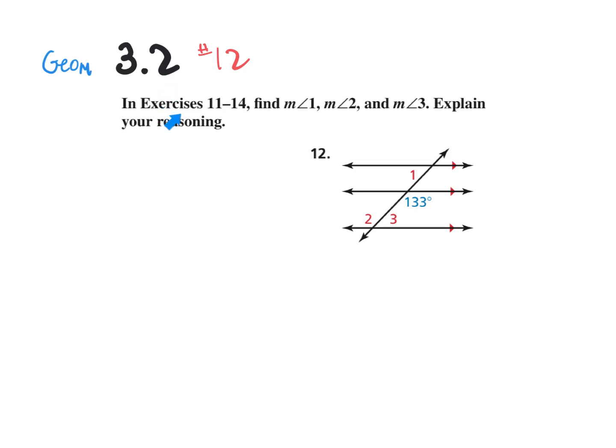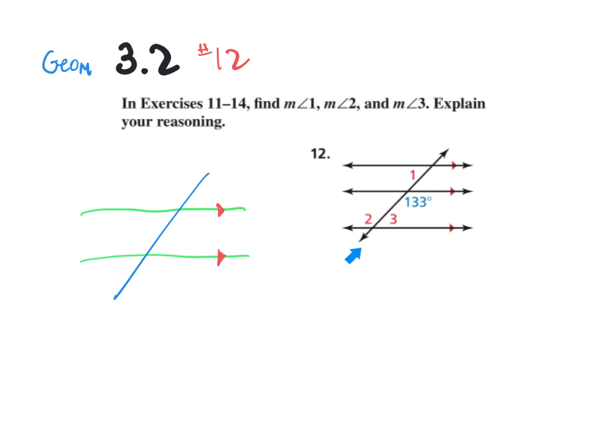In this problem, we are asked to find the measure of angle 1, 2, and 3. In our practice and discussions so far, our scenario has been two lines, maybe parallel, with the transversal through them. So this problem's a little different because we have three lines that are all parallel to each other with the